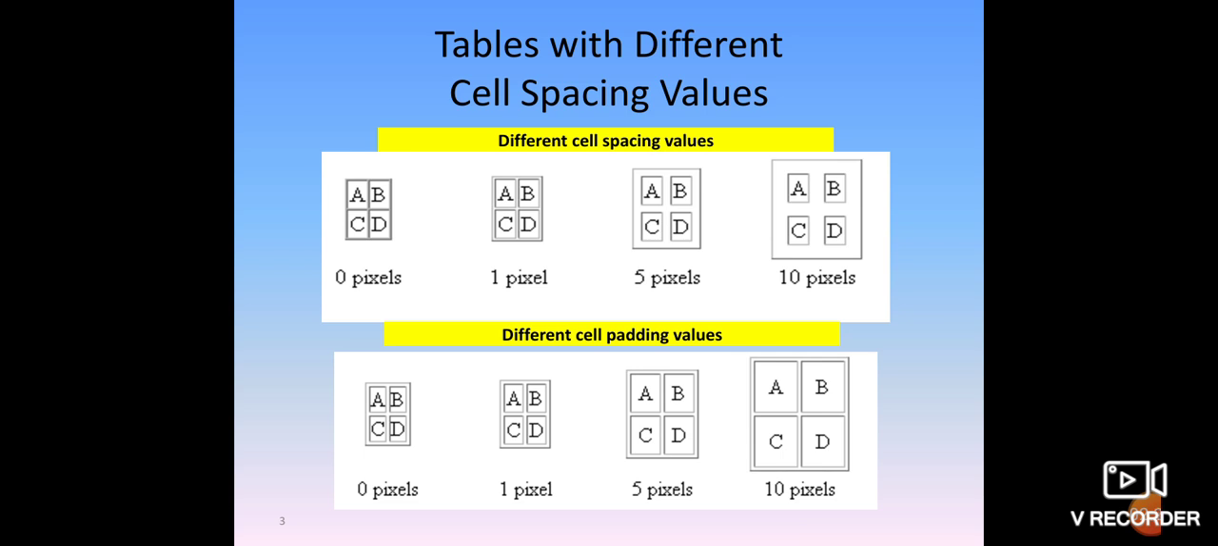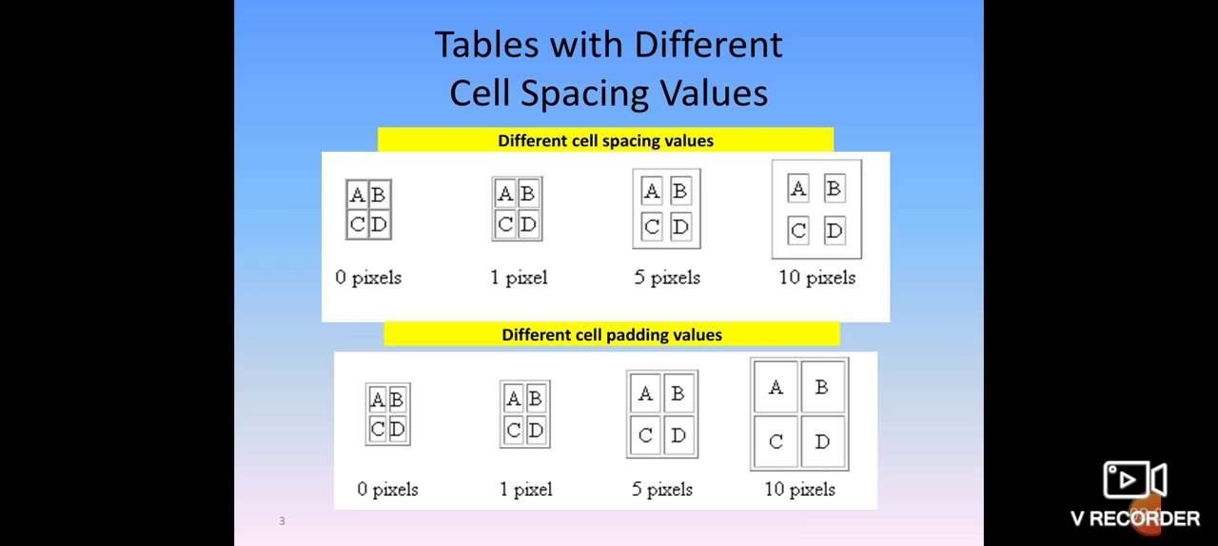Another attribute we have is cell padding. This cell spacing is how much space exists between each cell. Within the cell, how much space is there? That is called the cell padding value. See, A, B, C, D, with 0 pixels: there is no space between the cells, but within the cell,